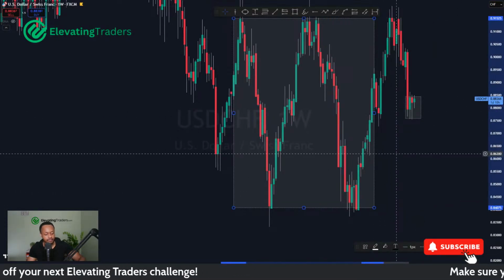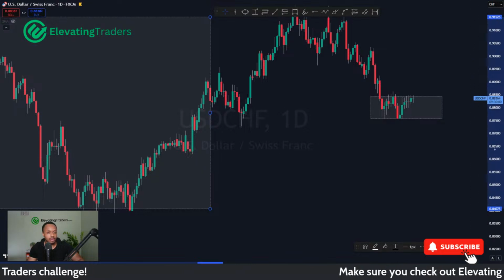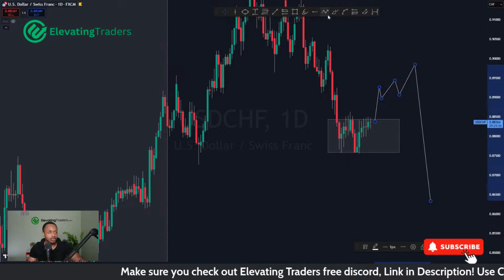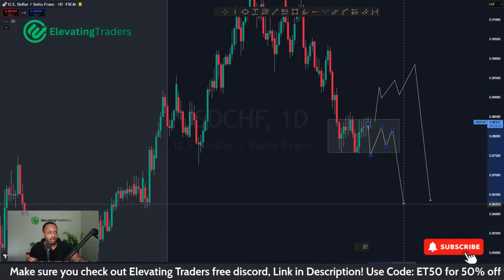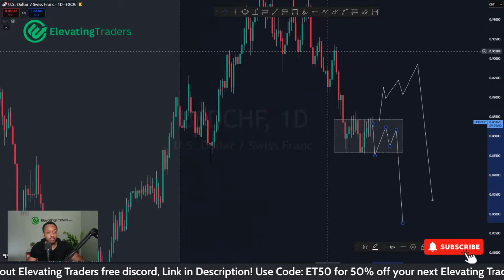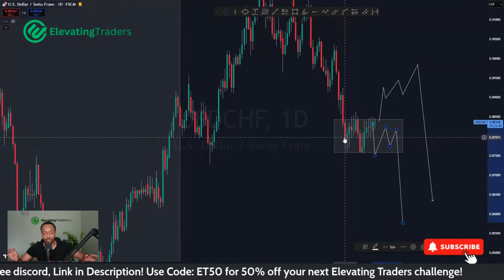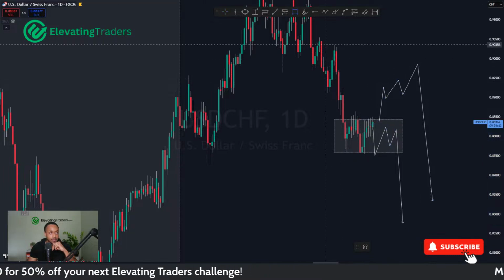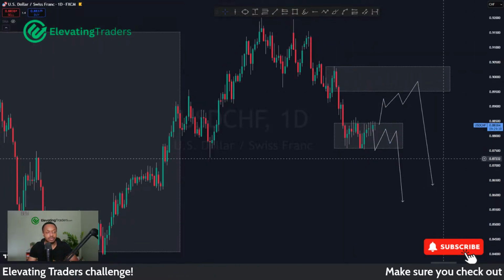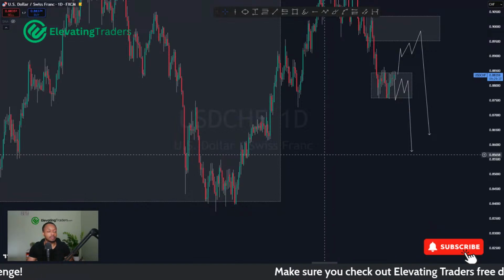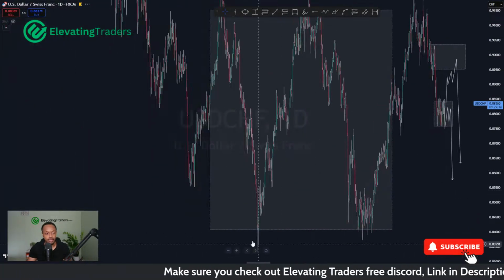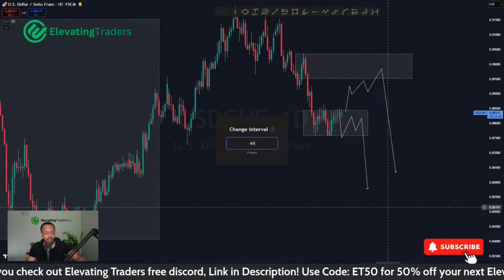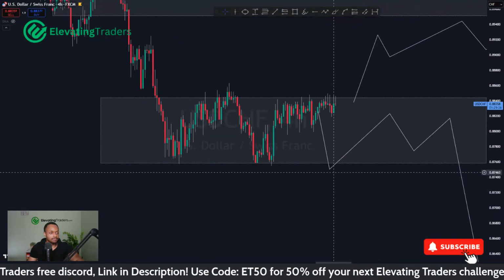So I wonder, are we consolidating for price to push to the upside first, potentially form a lower high and then drop? Or are we consolidating just for price to take a bit of a breather and maybe drop to the downside? Because there was a lot of momentum initially. Now that's just kind of paused. They've gone flat. Maybe we go and collect some more sellers first before continuing in our journey there. Nice area of supply up there we could tap into. Or maybe we just continue falling. But either which way, I do think there's a good chance we come back into support around 0.84. At the moment, just a lot of consolidation.